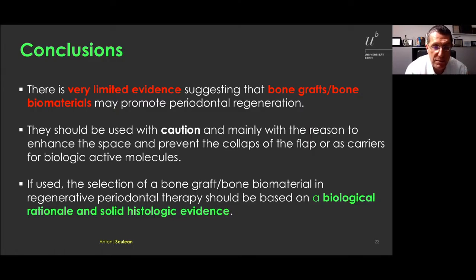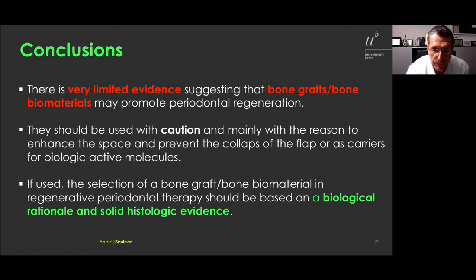Usually, we may see a fill of the defect, but it is not a new periodontal regeneration. So it is usually a space filling. However, we still may use bone grafts in periodontal defects. But the reason is not to obtain regeneration coming from the graft itself, but the graft is in fact stabilizing the flap, stabilizing the blood clot, maybe via the porosity, or is a carrier for growth factors, okay, or some other biologic